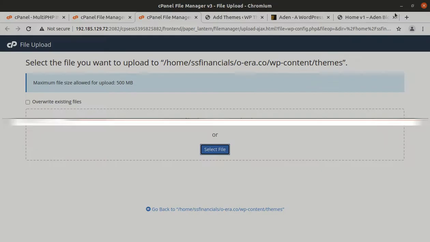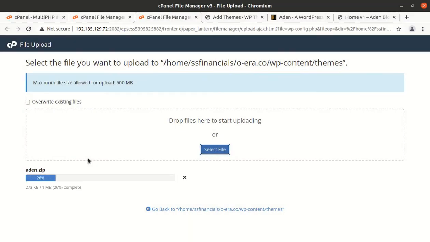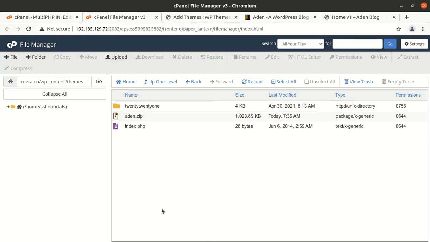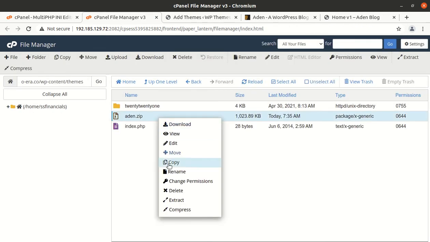I'll show you the theme file size in this manner, and it is amazing. The theme file size is just 1 MB. I have never seen this. So it is an absolutely lightweight WordPress theme, and it got uploaded in just a few seconds, and it is going to work very fast on your website as well. So once the progress bar turns green with 100%, we can go back and extract the uploaded file,